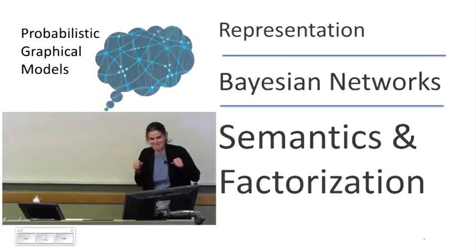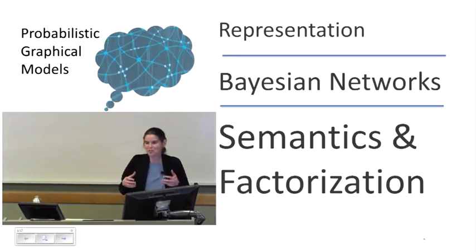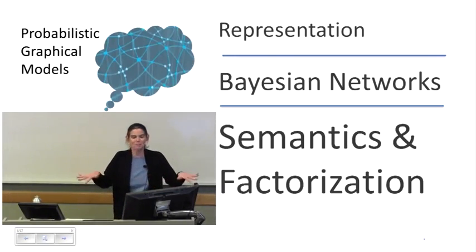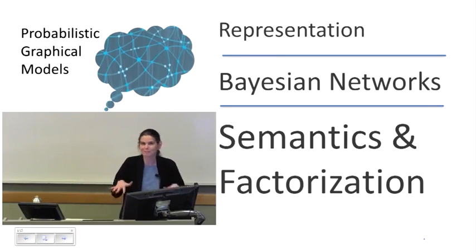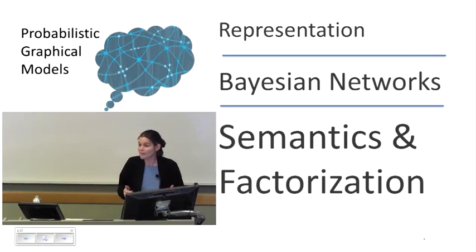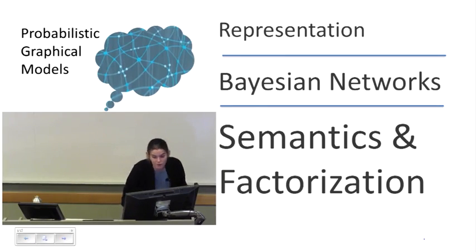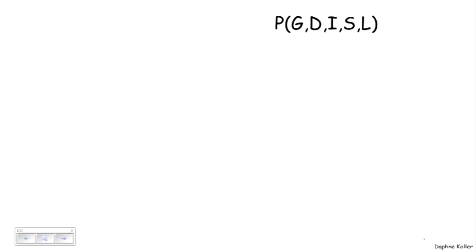So now we're getting into BayesNet land, and we're finally going to start talking about the actual representations that are going to be the bread and butter of what we're going to describe in this class. And so we're going to start by defining the basic semantics of a Bayesian network and how it's constructed from a set of factors. So let's start by looking at a running example that will see us throughout